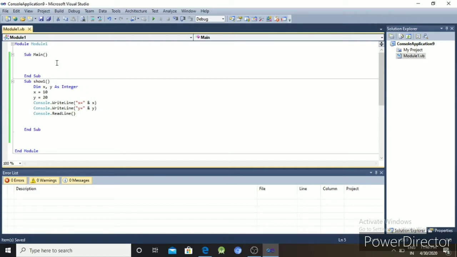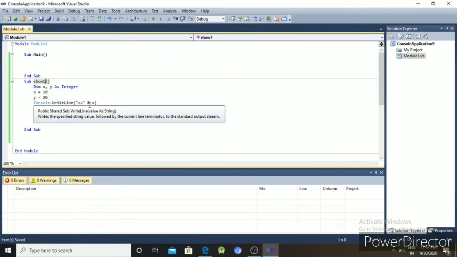Save the program and we will call it through the module. With a module, the sub-procedure is a procedure that does not return a value. So Sub Show1, Dim x, y As Integer, x = 10 and y = 20, then display the values of x and y and hold the screen.